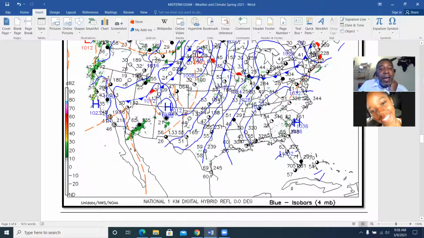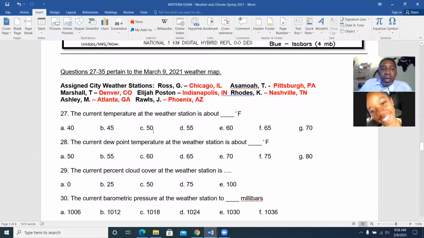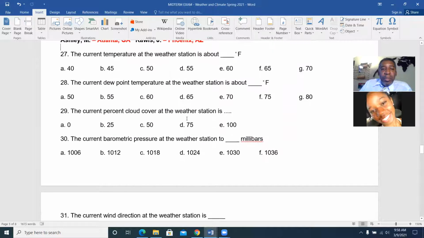You know what? I think I'll keep that the same. So go through, answer the questions about your cities, the current temperature, dew point temperature. I guess I'm going to have to change these also, a little bit. So again, get as close as you can. If you have any questions,